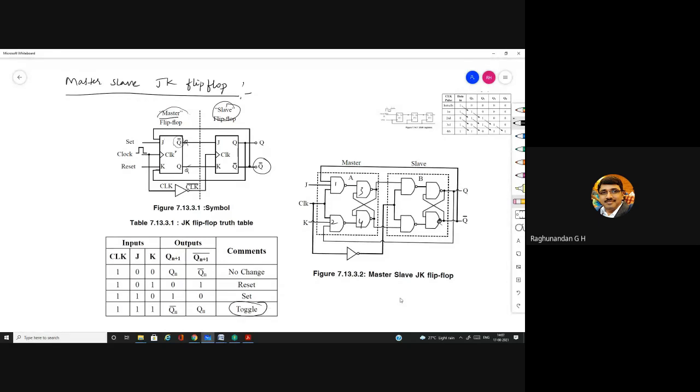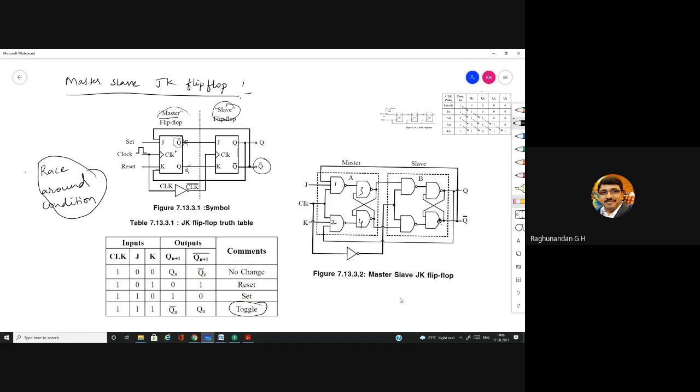But the main reason in going for master slave flip-flop is to overcome the race around condition. So this was the main drawback with respect to the JK flip-flop. So what is this race around condition? In JK flip-flop, without giving any input signals also, suppose you are just making it J is equal to 1 and K is equal to 1, the JK flip-flop was changing continuously such that the output is